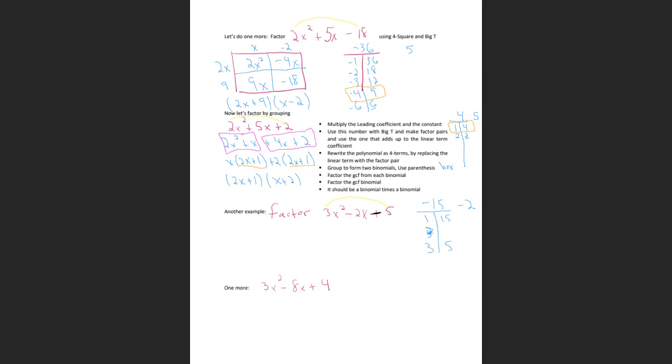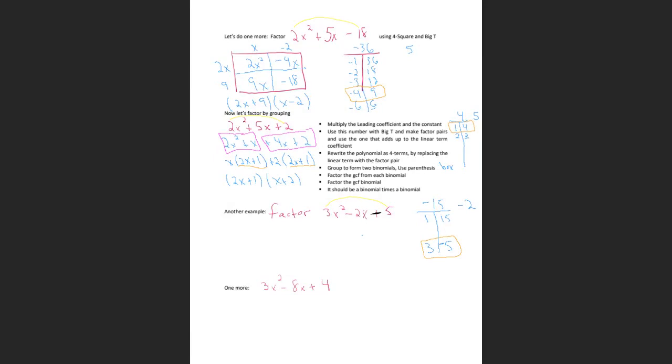So let me see if I can erase that. Yeah, I can get that out of there. So it looks a little bit cleaner. But notice I need a negative 2 and I need a negative 15. This isn't working for the time being. But since I need a negative, I know one of these has got to be negative, because in multiplication, to get a negative, one has to be negative. And to add, the bigger number has got to be negative. So if I do that, we pick up on that this 3 and this negative 5 become